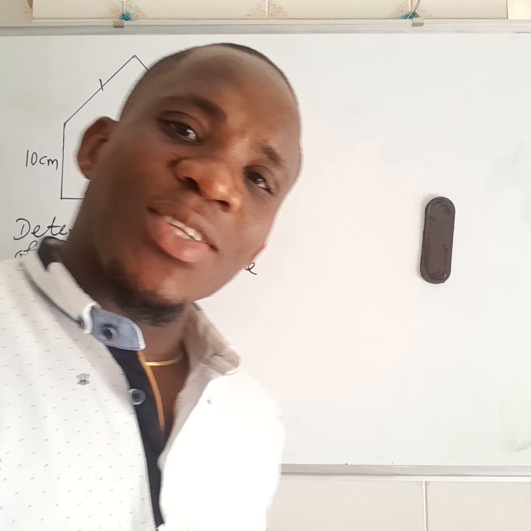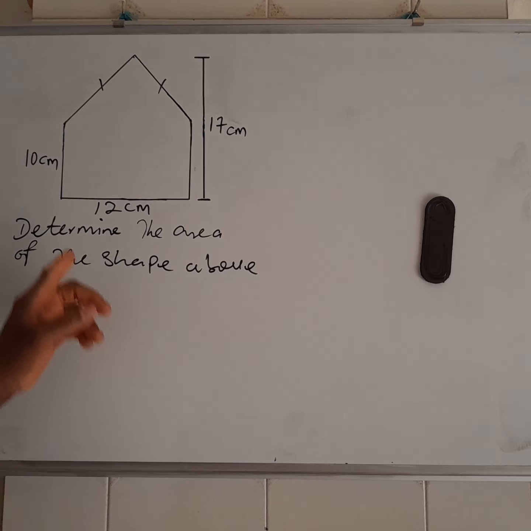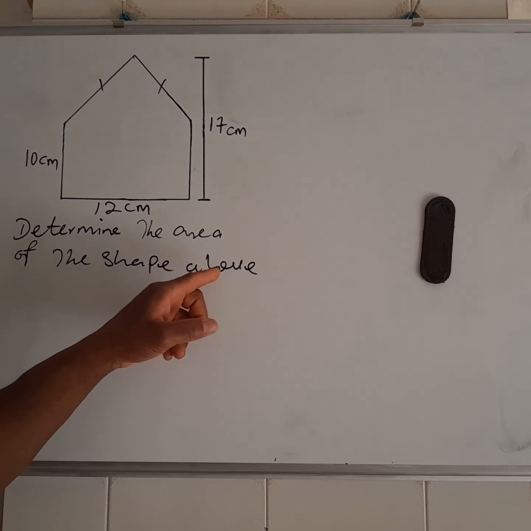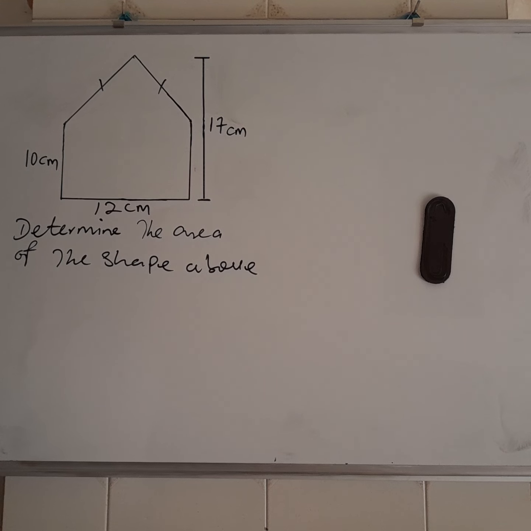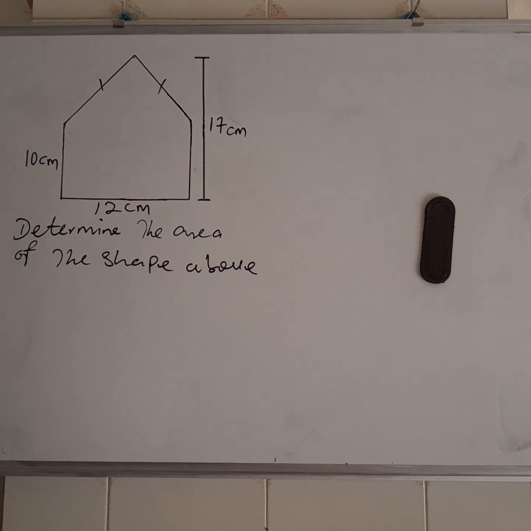In today's lesson, let us provide a solution to this very question before us. Here we are to determine the area of the shape above. If you look at this figure, you observe that this is a composite shape, also known as a compound shape or irregular shape. It is an irregular shape because it is made up of two or more